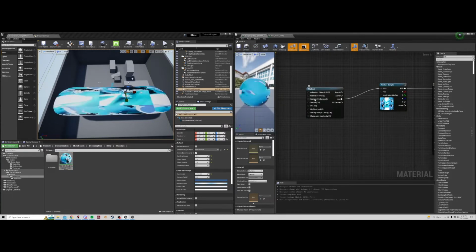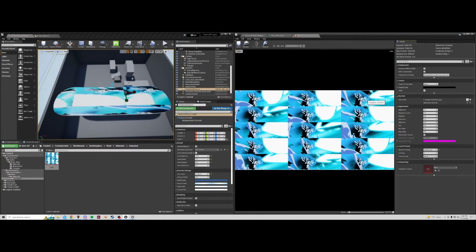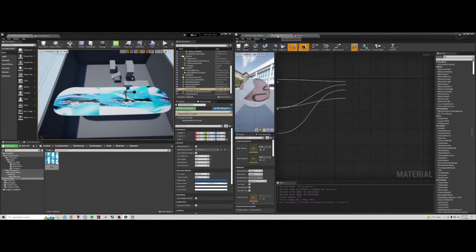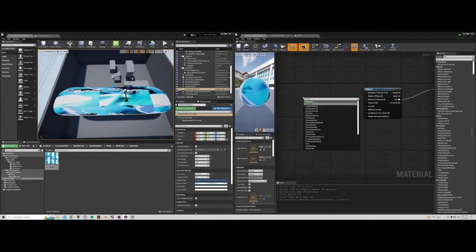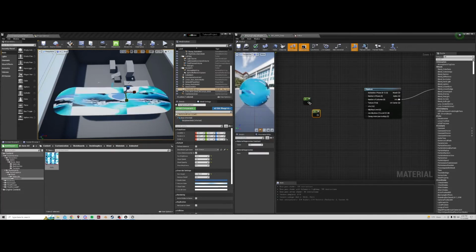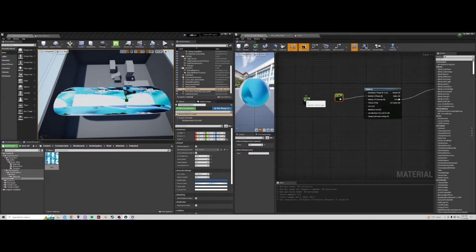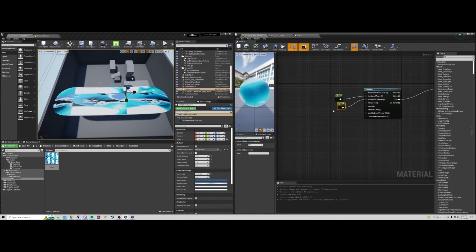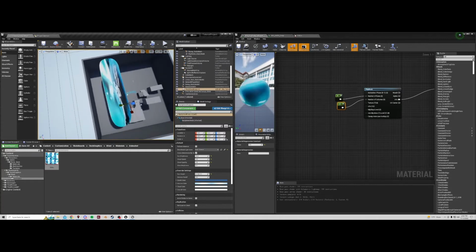So the problem with that is we need to tell it how many rows and columns it has. So if we look at this texture, it has 3 columns and 5 rows. So you create what is called a constant, or hold the number 1 and click. You can then set a value. We have 3 columns and we have 5 rows. So right here, 5 rows and 3 columns, right? If I save this, now you can see it's animated, but it's kind of stretched out